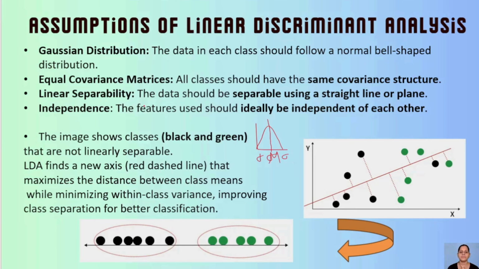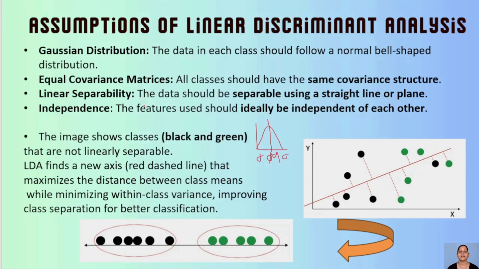Then what is the next one? We should have an equal covariance matrix. What is the covariance, guys? Covariance is the relationship between the features. So all the classes which you are considering should have similar relationships among themselves. Structure-wise and characteristics-wise, everything should be the same when you are considering